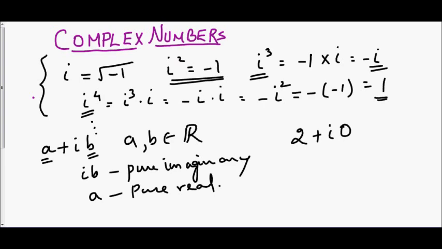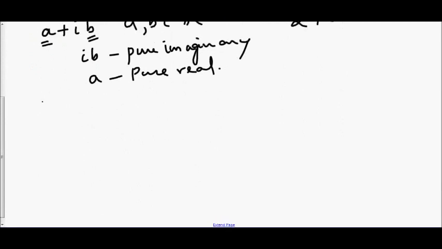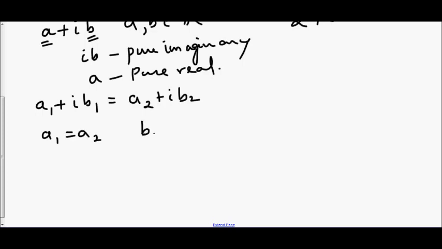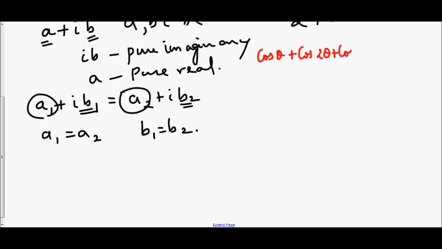And now different notations and different properties of complex numbers. If I have two complex numbers, a1 plus ib1 equal to a2 plus ib2, then the real parts are equal and the imaginary parts are equal. You can equate the imaginary parts and then equate the real parts together. So where is it used? If you have, for example, cos theta plus cos 2 theta plus cos 3 theta, and plus i times sine theta plus sine 2 theta plus sine 3 theta,